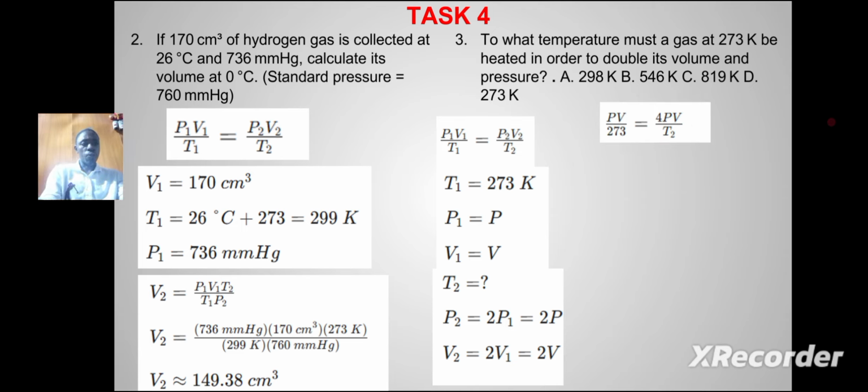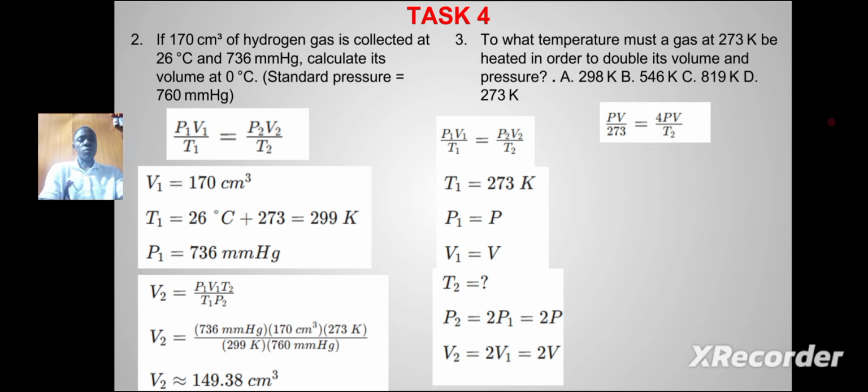Once we substitute, we'll have PV over 273. Remember, in the general gas equation, P1 is P and V1 is V. So once we substitute, and T1 is 273, we'll get PV over 273 is equal to